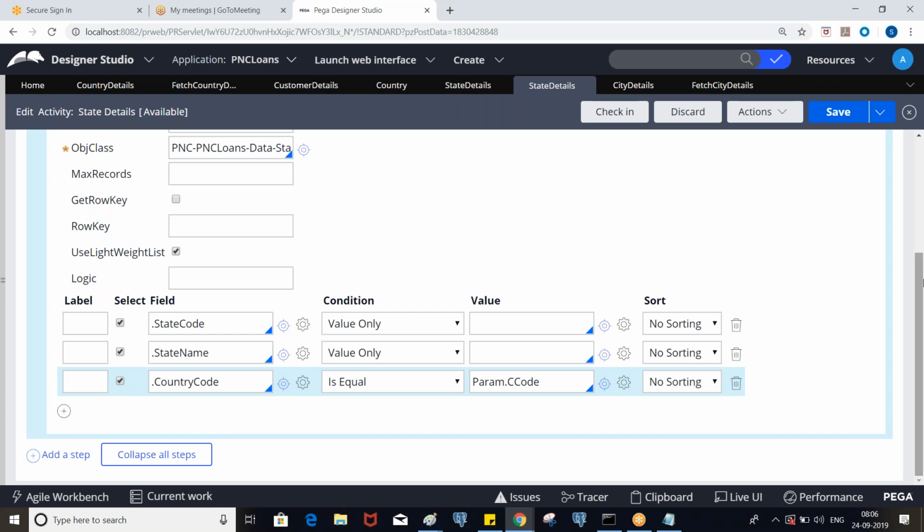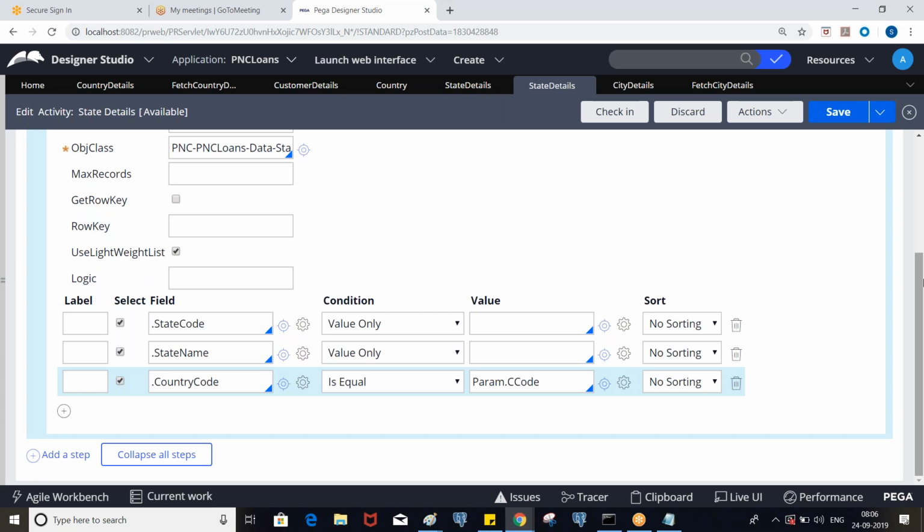Simply, we define a parameter for the rule, and you can call that rule anywhere, and at that time you need to pass the value.